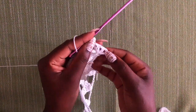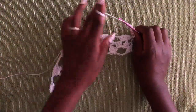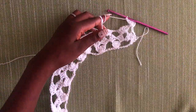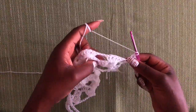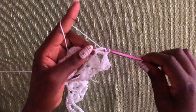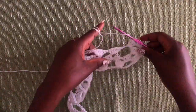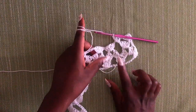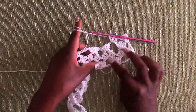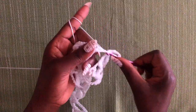1, 2, 3, like that. 1 double crochet, then a chain 1, then 3 doubles. Then wrap your yarn around the hook, come in this space with 3 doubles, the second and the third double crochets, then chain 3 if you remember, because we are back to now this length, we are back to now how we did our row 2. Chain 1, 2, 3, wrap your yarn, go back with 3 double crochets,